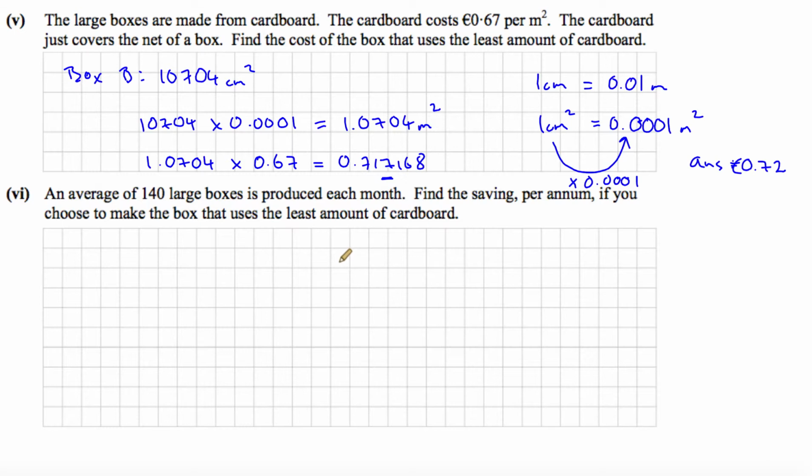Okay, and finally, an average of 140 boxes is produced each month. Find the saving per annum, that means per year, if you choose to make the box that uses the least amount of cardboard. Okay, so find the saving per annum if 140 boxes are produced each month. Okay, so we've done the cost of box B for 1 box. So let's look at the cost of box A